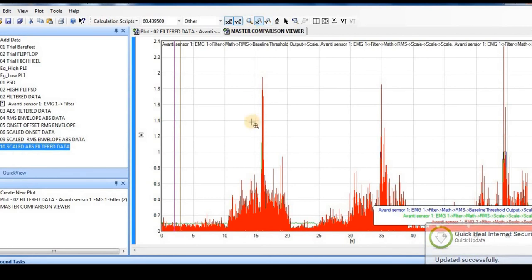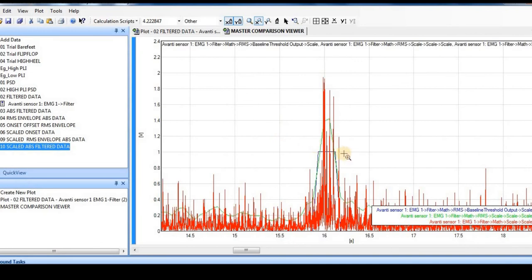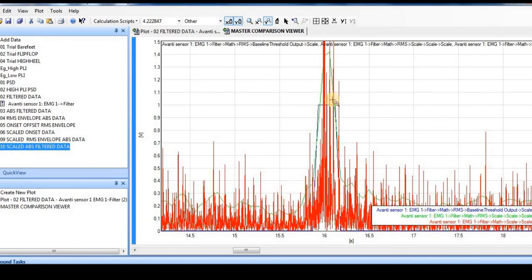let's say on x-axis I am zooming this part only, and here you can see, now on the y-axis also, if I just zoom this part, you can see that these red lines are the raw rectified signals. This blue rectangle is the onset time, that is almost matching with the spike of this event, and there is a green line throughout which is the envelope that is calculated on the moving window RMS calculations.